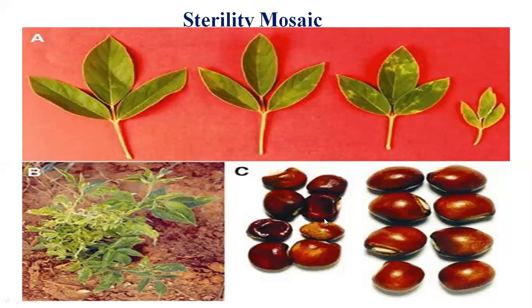So you can see here infected as well as healthy. You can see here the healthy seeds as compared to the infected seeds in case of virus infection. So the mummification of the seed, the size of the seed is totally changed, and the distortion of the seeds can be seen here. So these all symptoms are known to occur heavily in sterility mosaic virus of the pigeon pea.